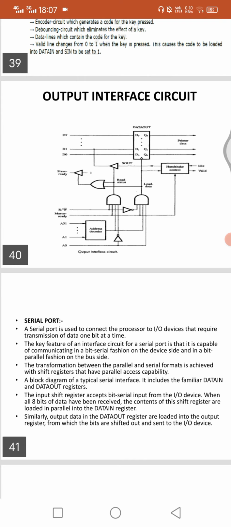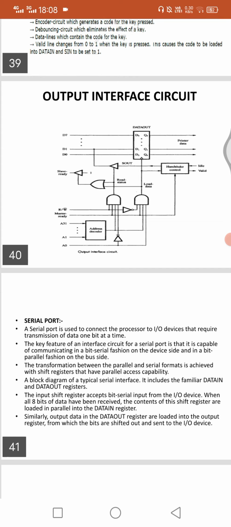The key feature of the interface circuit for the serial port is that it is capable of communicating in a bit-serial fashion, that means we transfer the data bit by bit, on the device side and in a bit-parallel fashion on the bus side. The transformation between the parallel and serial formats is achieved with shift registers that have parallel access capability. Shift registers are nothing but we shift one bit at a time.